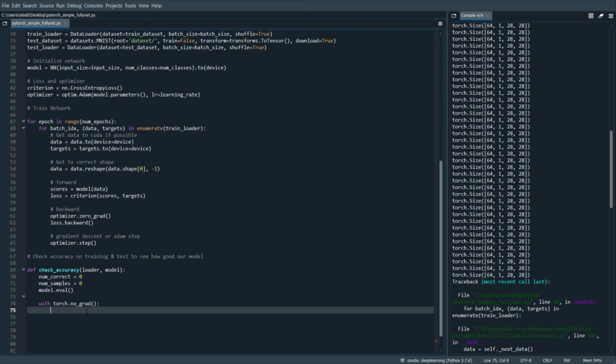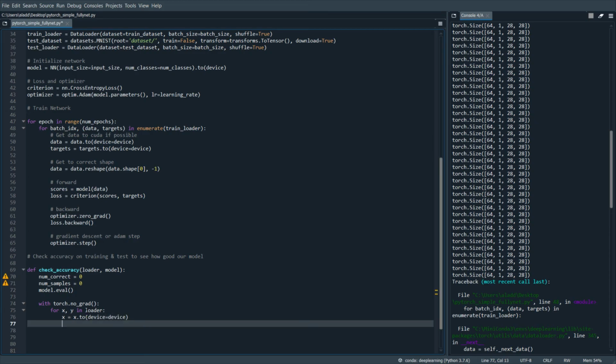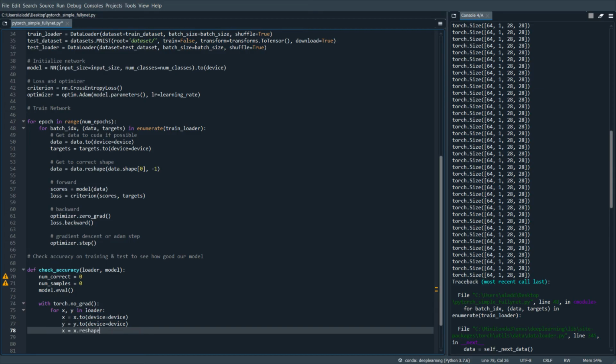So when we just check the accuracy, we don't have to actually compute the gradients. That would be unnecessary computation. So we just do torch.no_grad to let PyTorch know that you don't have to actually compute any gradients in the calculations. So for x and y in loader, first x equals x.to(device=device), y equals y.to(device=device),